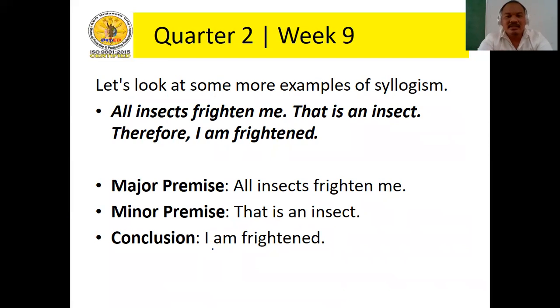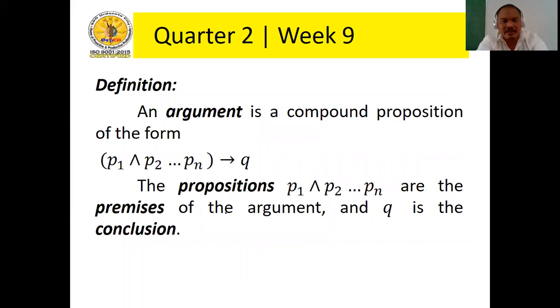All insects frighten me. That is an insect, therefore I am frightened. So the major premise of this one is all insects frighten me. The minor premise: that is an insect. And the conclusion: I am frightened. Those are given examples of categorical syllogism. Later on, we're going to have those important concepts in proving the